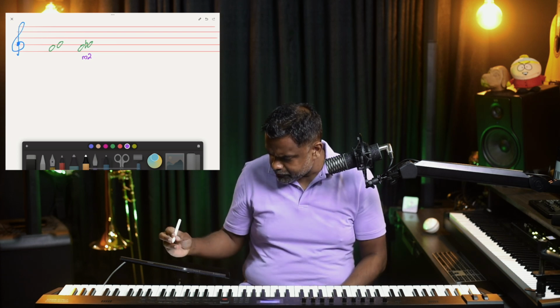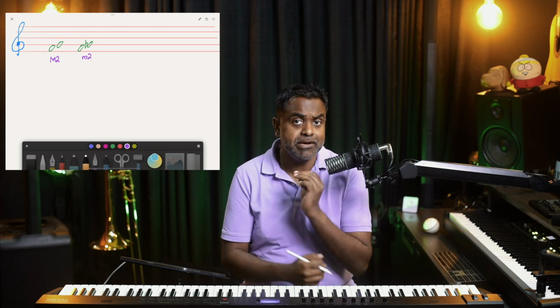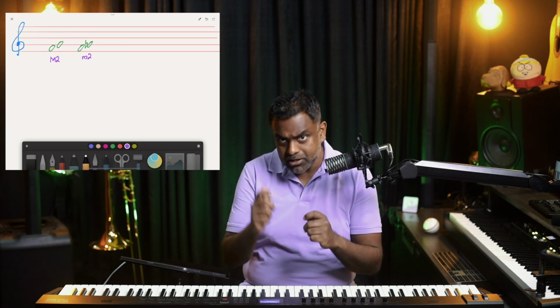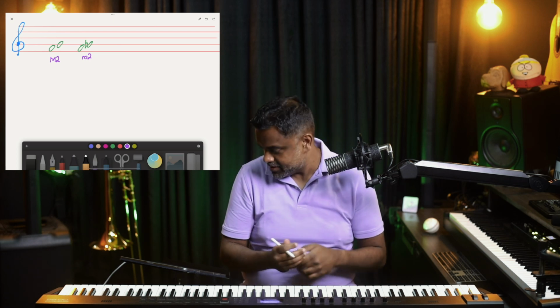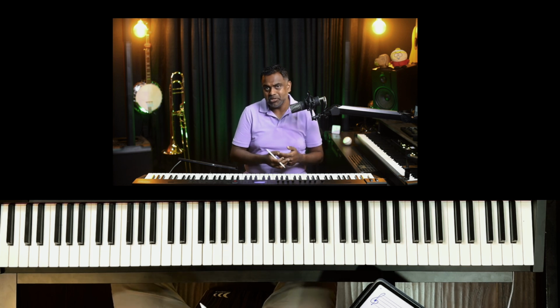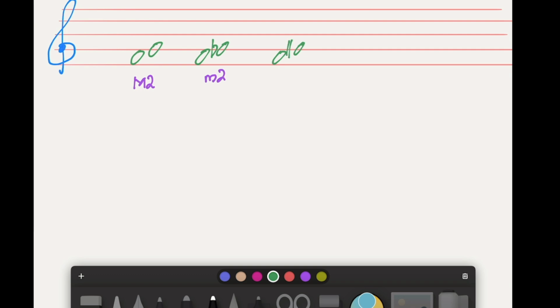Okay, F to G would be a major 2, and remember, major always to be written with capital M, minor to be always written with small m. So make sure your capital and small handwriting is decent enough. I sometimes fail. Do you have a diminished second? Well, obviously not, because a diminished second comes back to the root. So some diminished intervals are not even needed, but you could have an F to a G sharp, which is